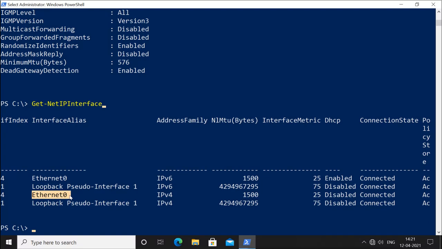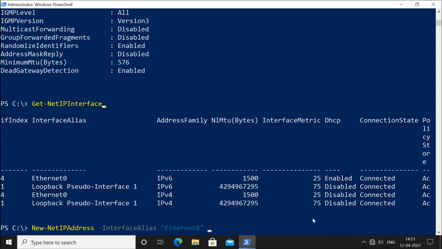To configure it, I will use the command New-NetIPAddress, then InterfaceAlias, and the alias is Ethernet 0.